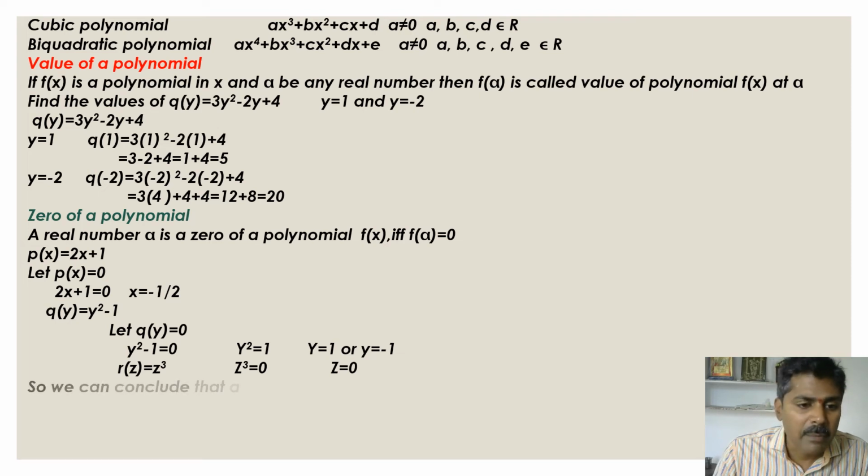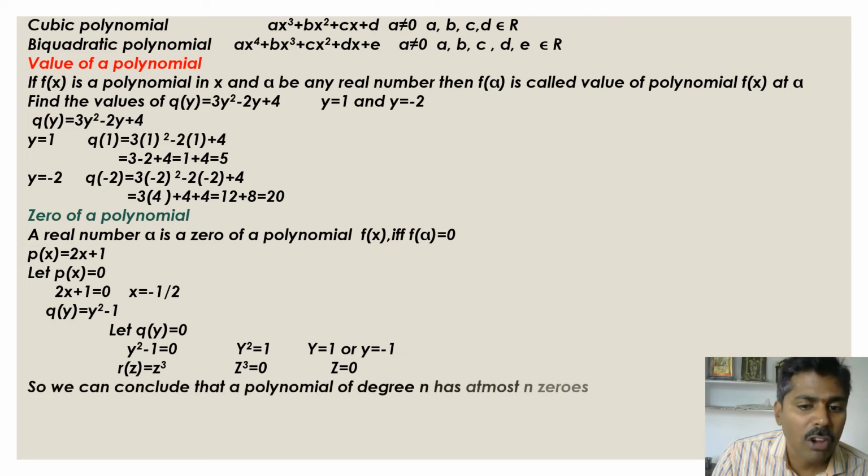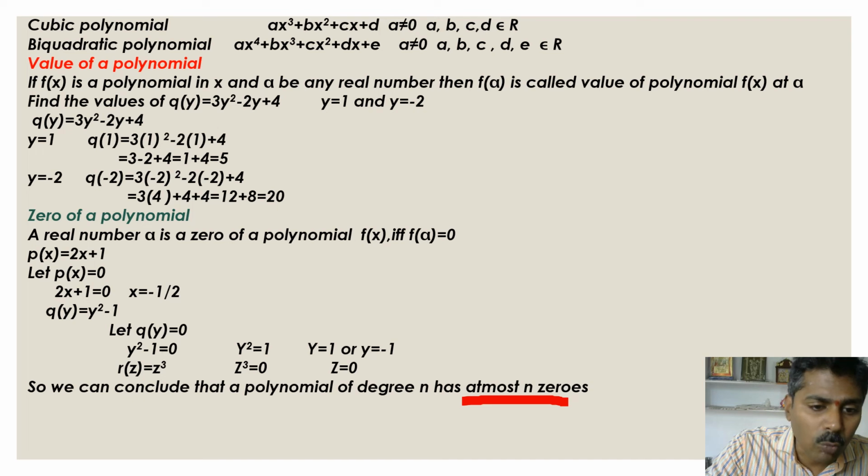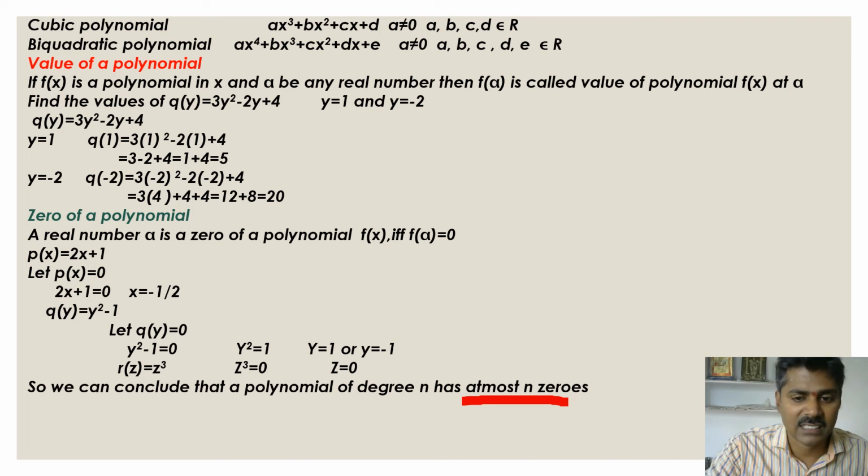So by observing this, we can say that a polynomial of degree n has at most n zeros. Here one line you have to understand. At most n zeros means for a first degree polynomial you will have only one zero, no doubt in that. For a second degree polynomial you will have at most two zeros. That means you can have two zeros or less than 2, but not more than 2. If you observe the z cube here, I got only 1 zero. Yes, it's okay. It may contain 1, 2 or 3, not more than that. That is the meaning of at most n zeros.